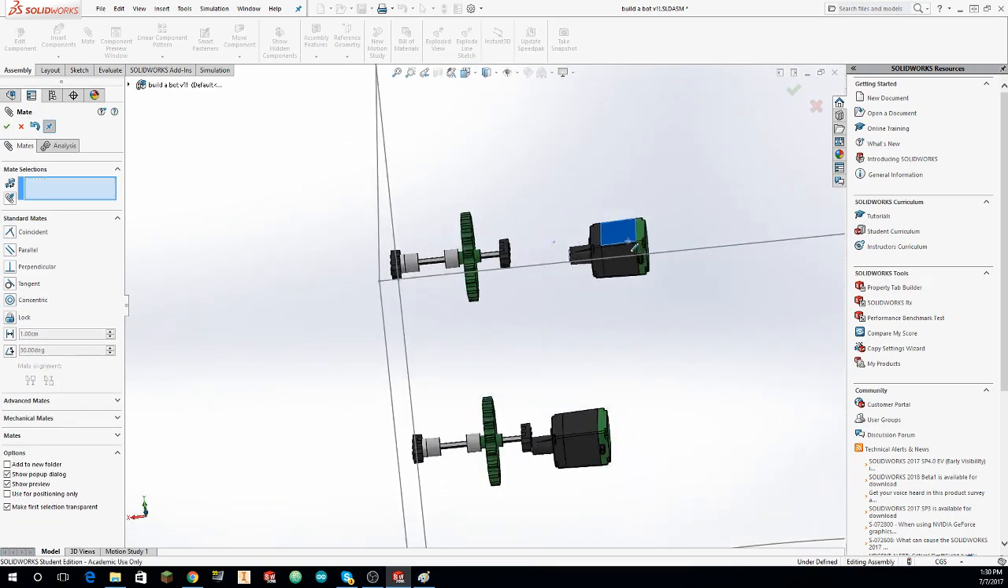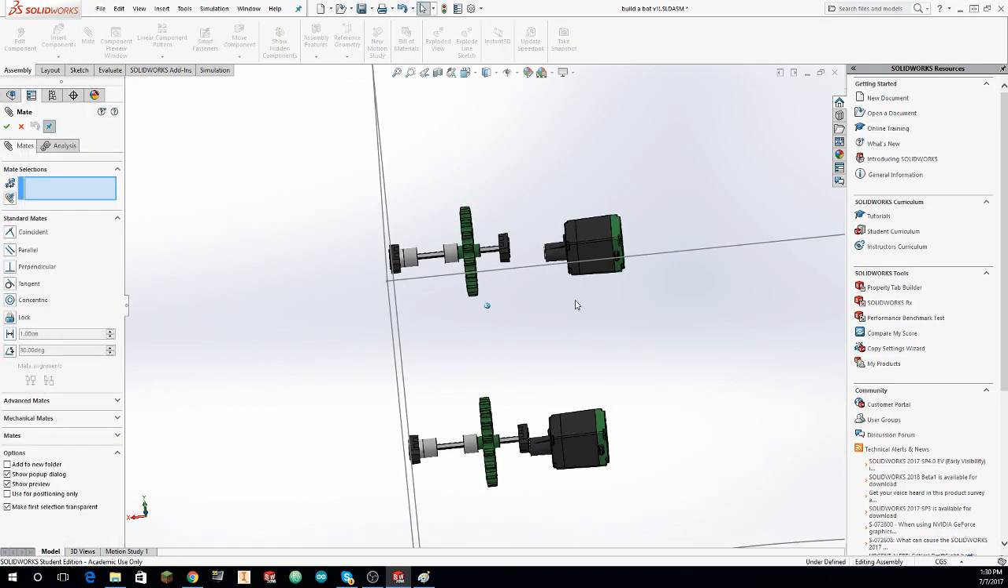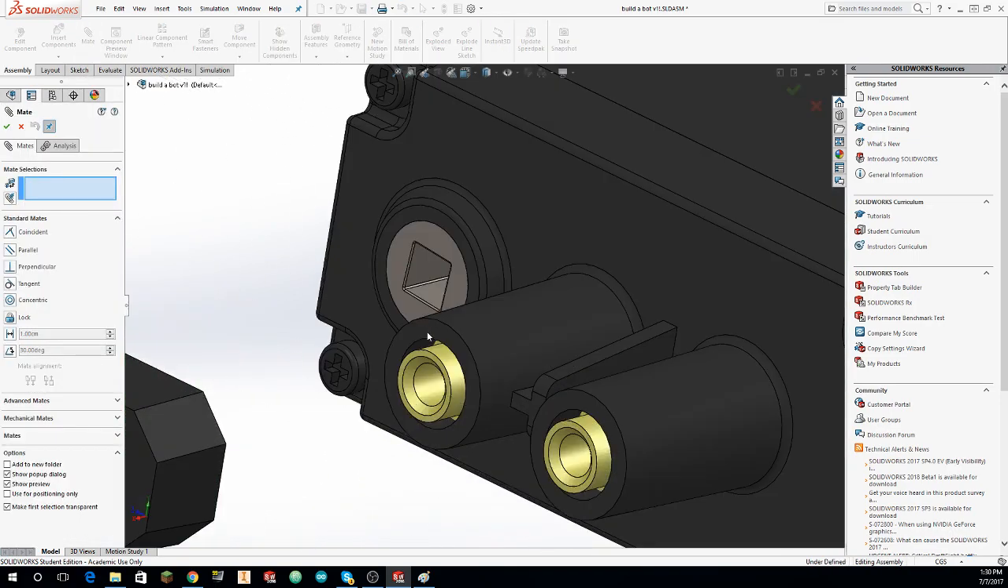And then this guy can still move around, right? Okay, we can. So we will this